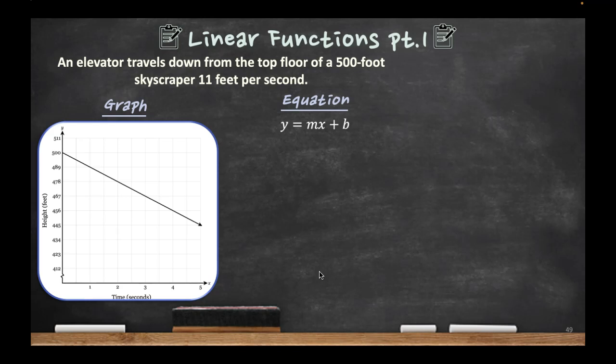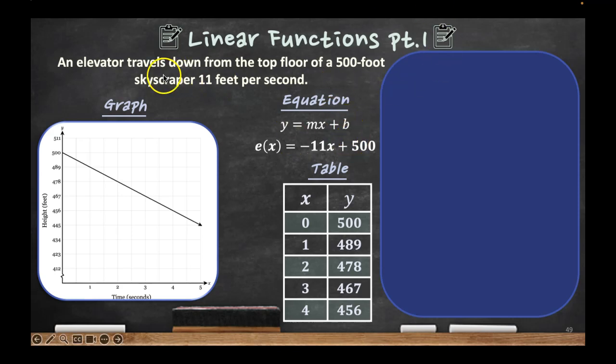After you decide it's linear, now we're going to go ahead and look at writing the equation for a linear function. So you have two parts to a linear equation. You have a constant, which is b for begin. That's your y-intercept. And you have m, which is your slope. It's how you're changing over time. So if you look at this example,